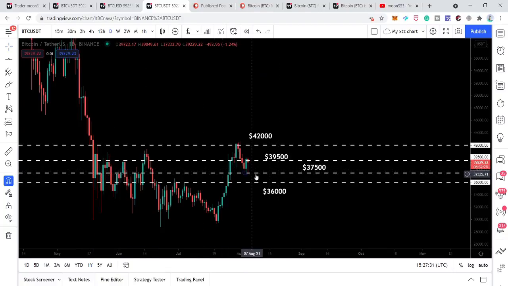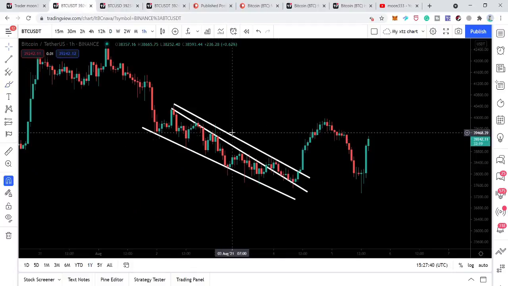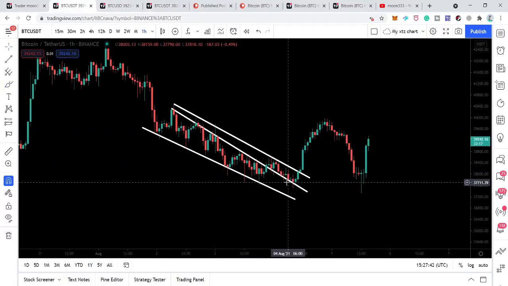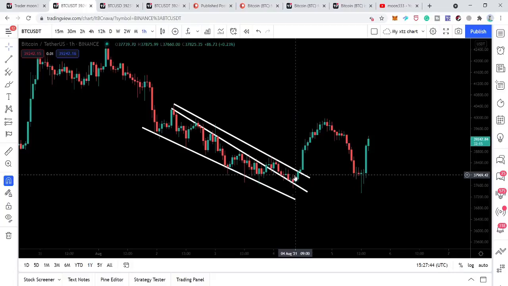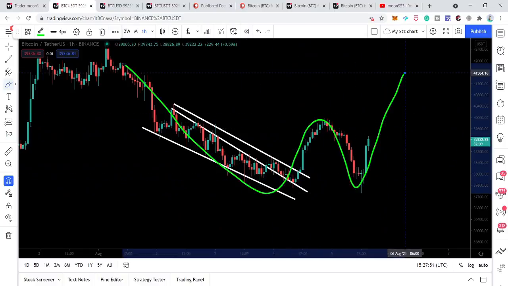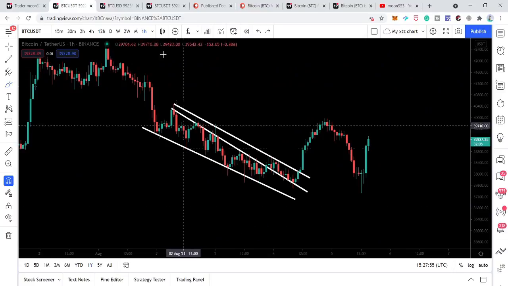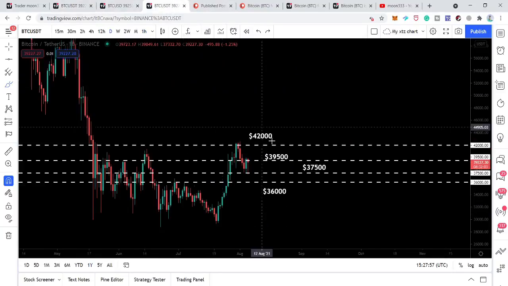Therefore, this $37,500 can work as a nice support this time, and you can see that the price action is getting bounced again and again by this support here. The price action tested this $37,500, moved up, and tested it again. So this can be a double bottom as well at the $37,500 support level, and it can push the price action to break out the next resistance that we have now,